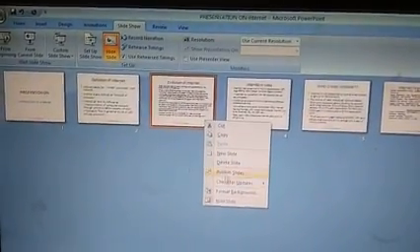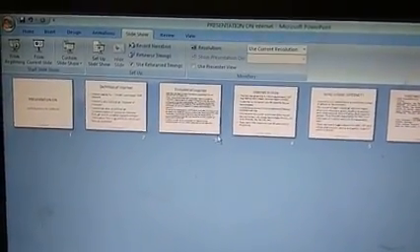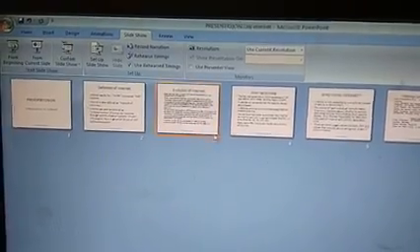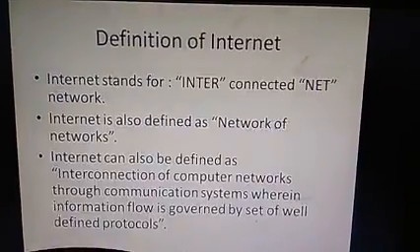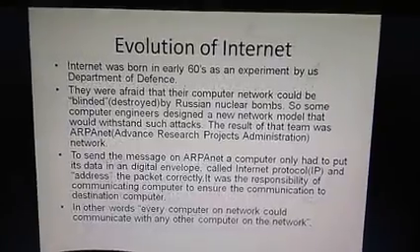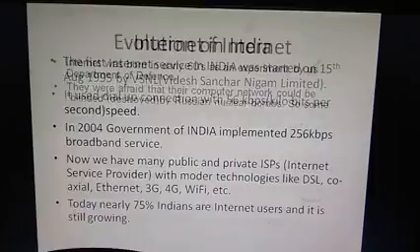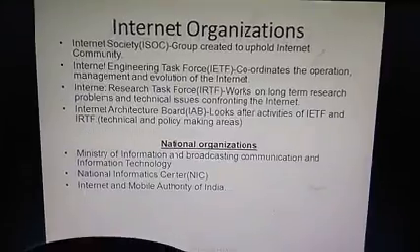Okay, so suppose now I want to remove that option, what do I do? Again I go for this one, right mouse click, and I just click again on the same option, that is Hide Slide. Now as you can see, the box has disappeared over here. This means you are unhiding the slide now. And now if I start the slideshow, this is my first slide, second slide, and this time I have Evolution of Internet, my third slide, fourth slide, fifth, sixth, seventh, all the slides are available. Okay, this is how we are going to use the Hide Slide option.